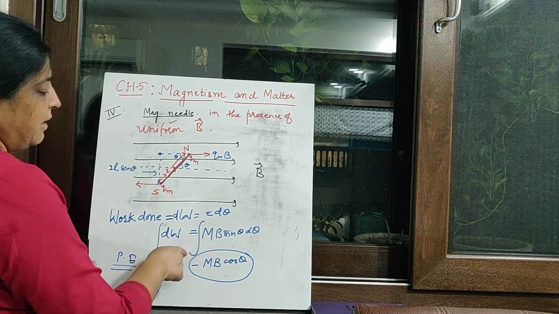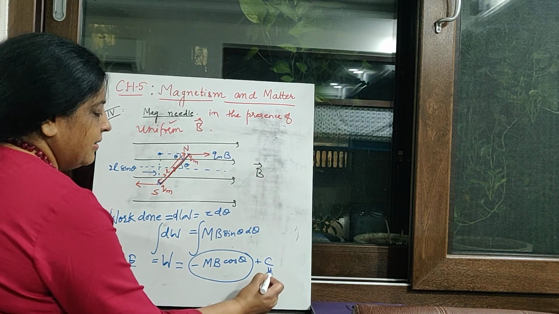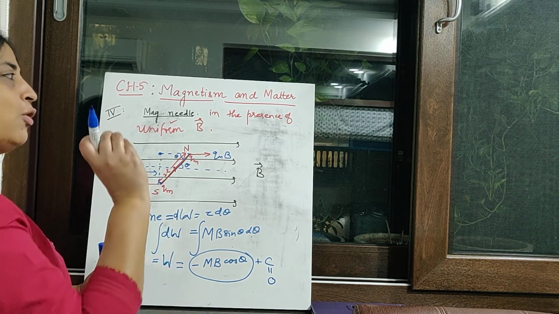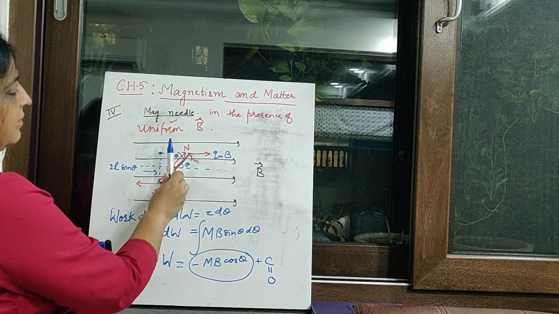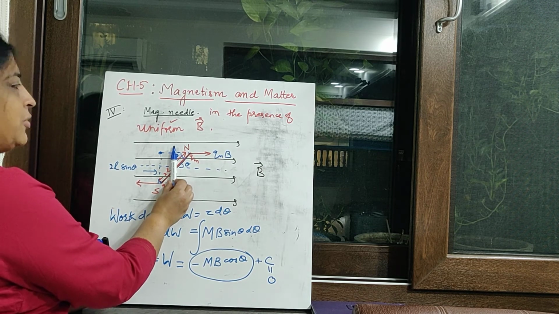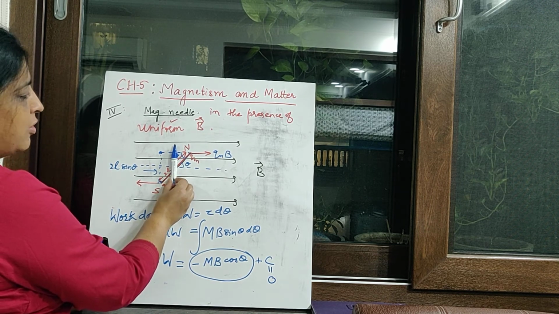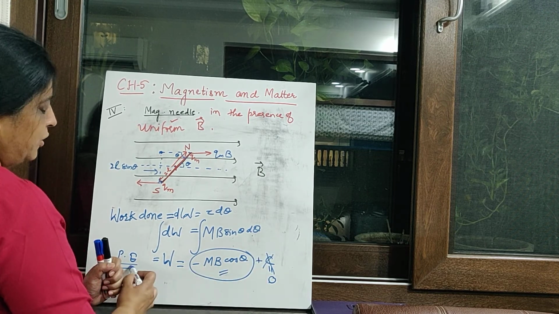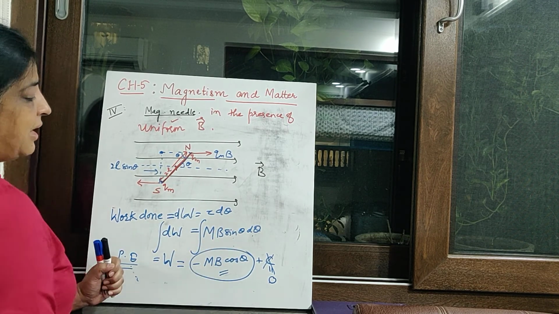Obviously I have not taken any limits of integration, so we will have a constant here, but that constant is taken as 0 because the value of the constant depends upon the zero of the potential energy that you assume in physics. And here we have taken that initially this is at this position, perpendicular to the magnetic field, and at this position the potential energy we have considered to be 0. So this was the constant, and this has been taken as 0 here. So we need not write anything, we will only write the potential energy of the system when we rotate it by a small angle d theta will be given by minus mB cos theta.